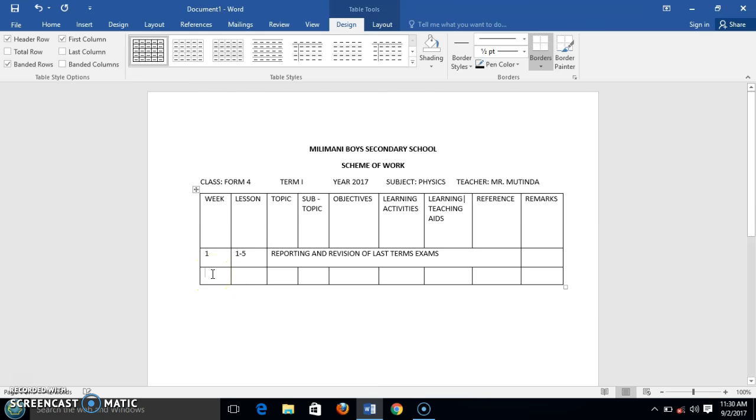Then we go to the next one, which is now the second week. We write week 2. Then, for example, we can start with the first lesson, and then we have the topic. For the first topic of Form 4, we can use a topic called lenses. Then the first subtopic is called converging